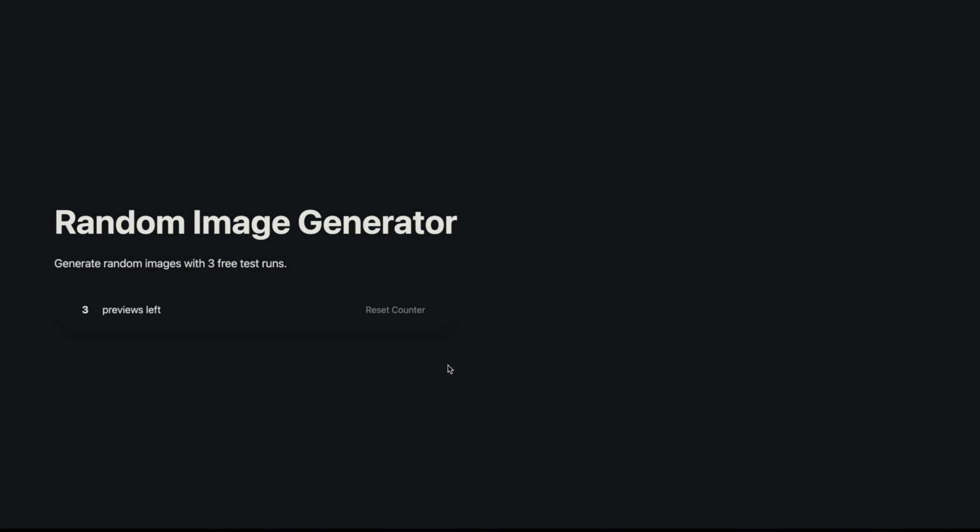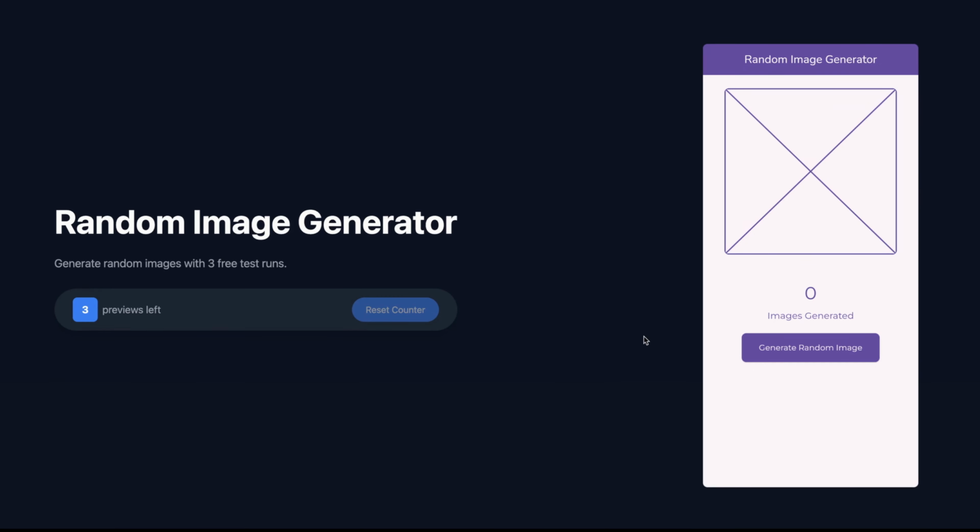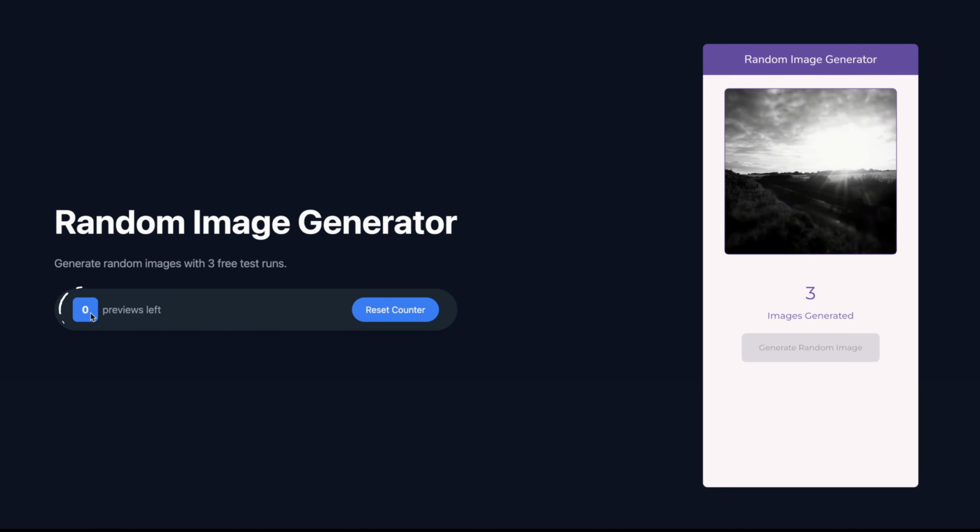So we can refresh this. Step on it one time, second time, the third time, you have 0 previews left here. And when you tap on reset counter, you have 3 previews left. So the next thing we want to do is when you tap on reset counter, we want to disable the reset counter button.